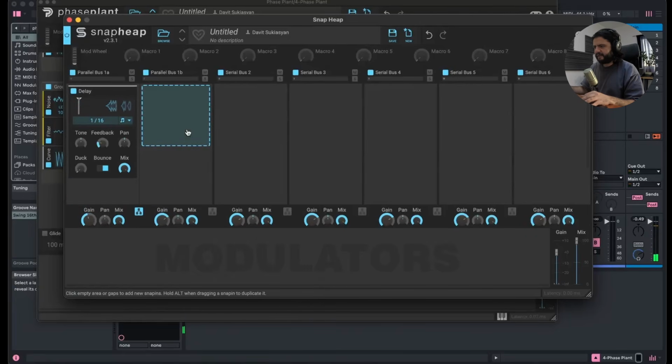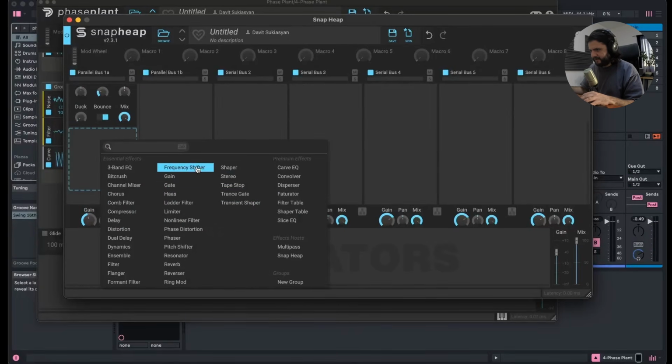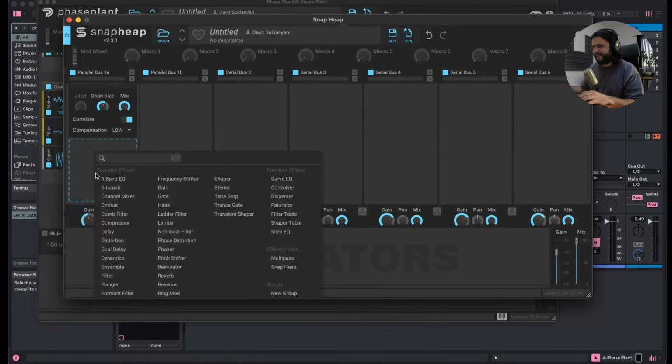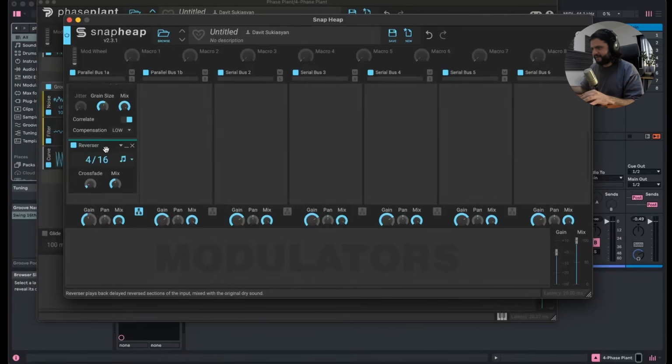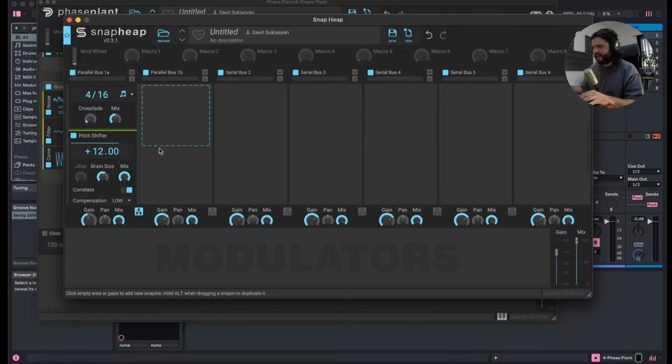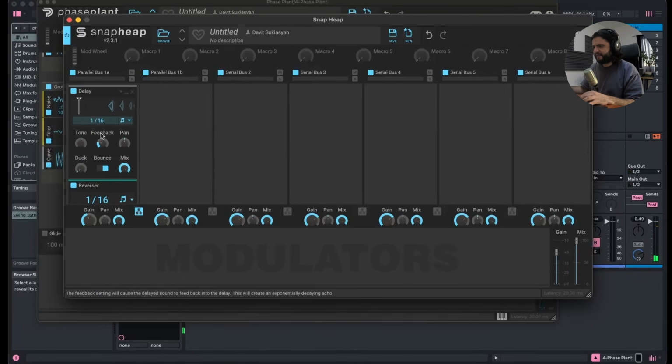And then I can add a pitch shifter here. Make it, let's say, an octave higher. So I made a grain delay now. I can add a reverser called sync here just for the pitch shifter. And 1/16, I guess. And yeah, you see. And if we increase our feedback,